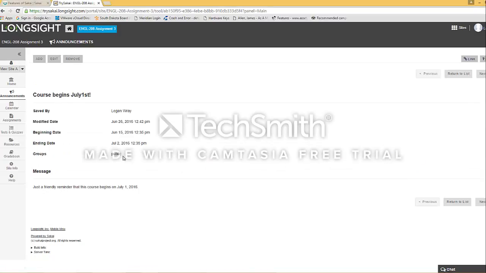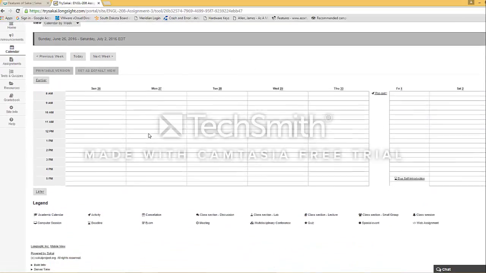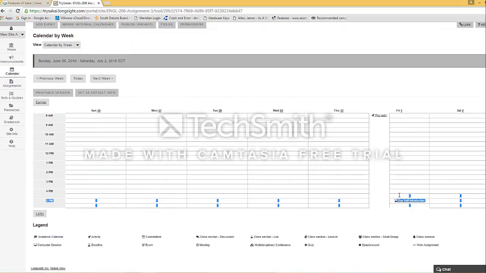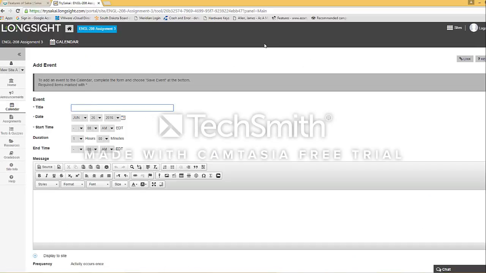You can quickly add announcements. Very easy to do. Very self-explanatory. Here's the calendar tab, and we can see the events over here, and we can even quickly add events. So we'll just,